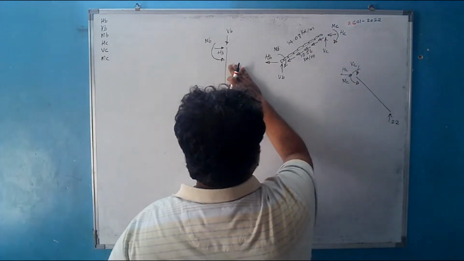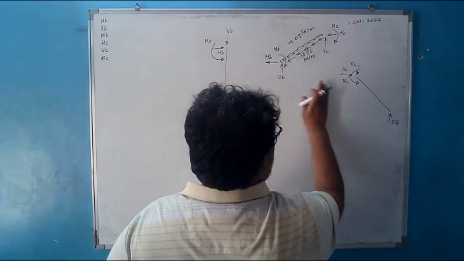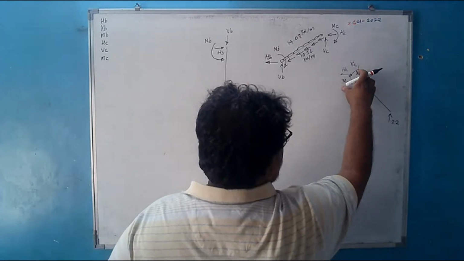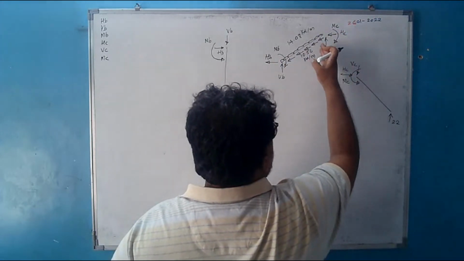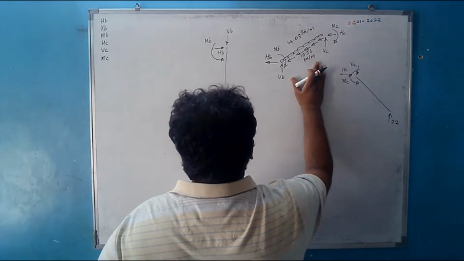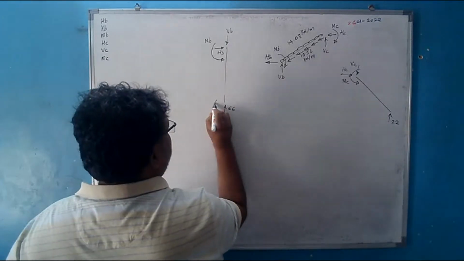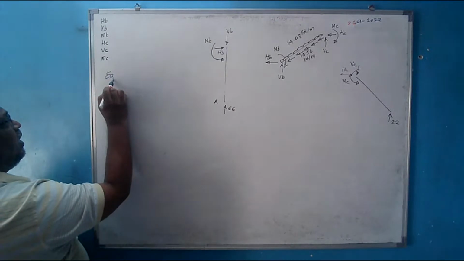If I solve this vertical member first, then this inclined member, here there are 3 unknowns, easily we can do. In this inclined member also there are 3 unknowns, it is easy. Here there are too many forces, there are more number of unknowns which are appearing here, so it may be a complicated member to solve first. I will solve member AB, so from the free body diagram of AB for the equilibrium